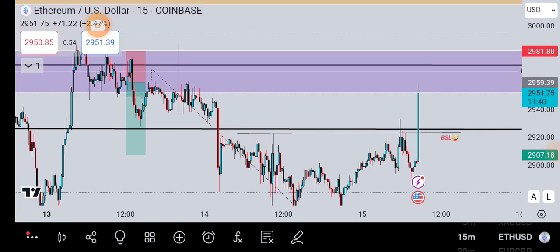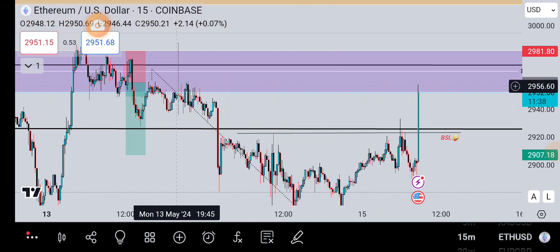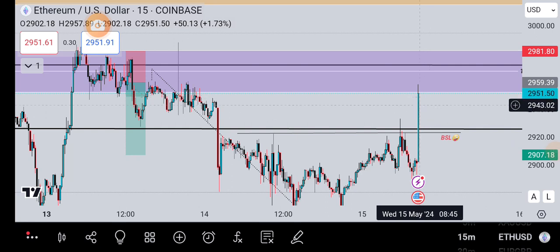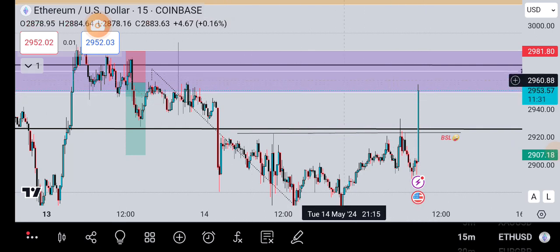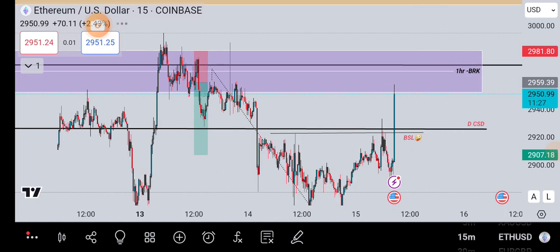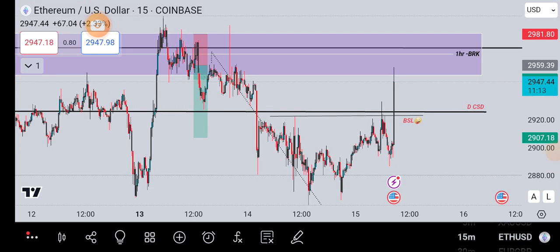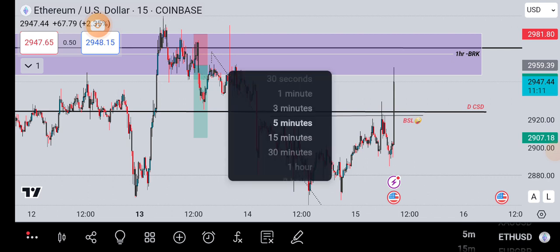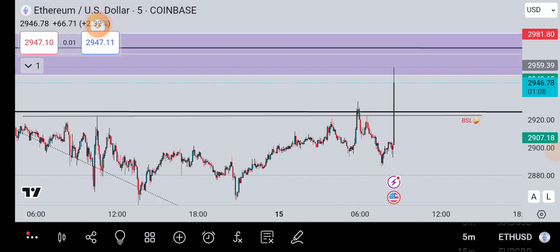So what has happened, we have these liquidities here that the market has currently tapped into, and now we'll be watching what price will do. And one thing, I don't want to be majorly blindfolded with my buyers, right? I want to be watching what price action is showing me, and then maybe we can jump in for anything.